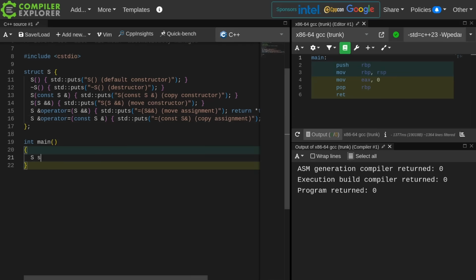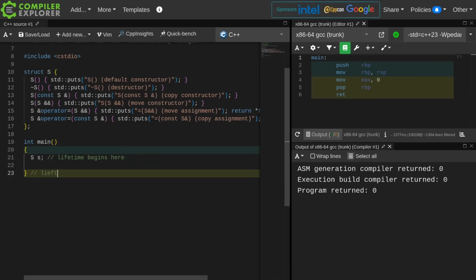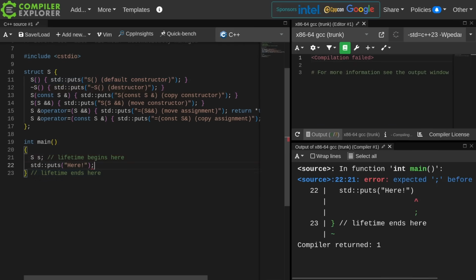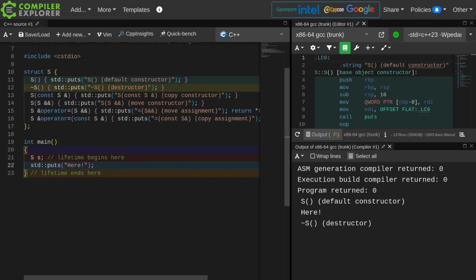All right, I'm going to go ahead and create this object S. Now this thing is going to have its lifetime here, and its lifetime ends here. So how in the world can we prove to ourselves that its lifetime actually ends on line 23? And it's not actually that difficult. We can put out some sort of output that lets us know what happened between construction and destruction. And so we get the default constructor on line 21, the destructor on line 23,